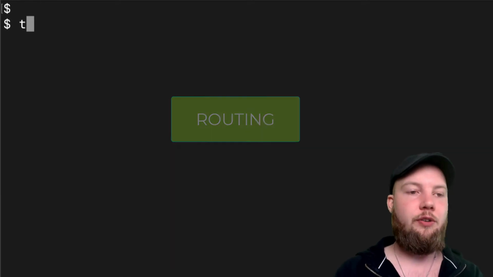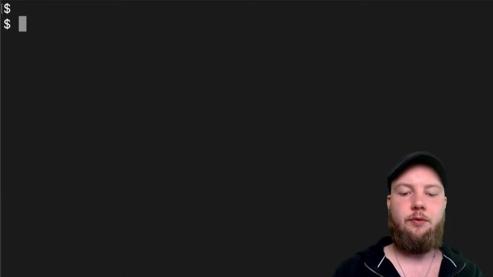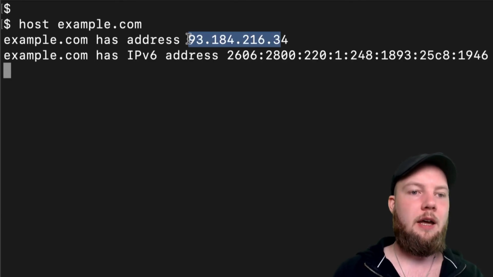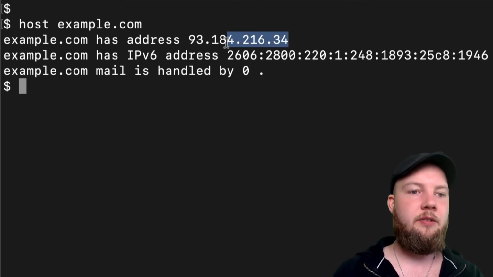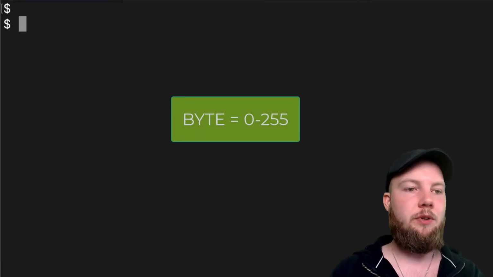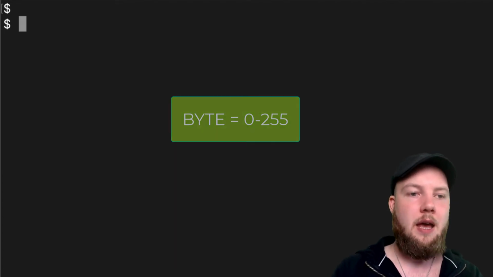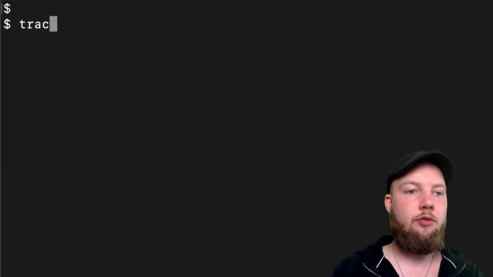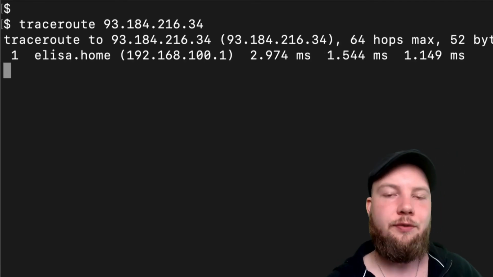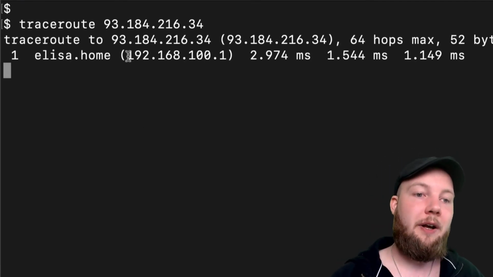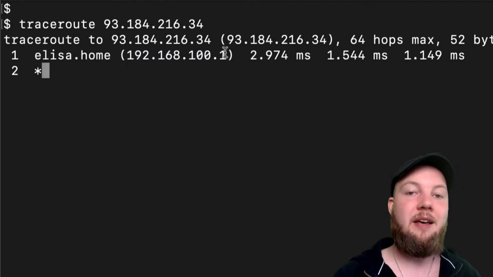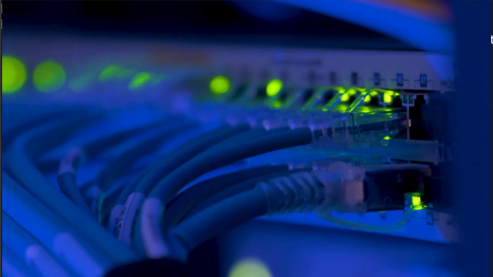And how this works, I can show you. We can have an IP address for example.com, for example, and we can just take this IP address, which is essentially a combination of 4 bytes, with values between 0 and 255, and we run the traceroute command. Now we can see what starts to happen: first I will send an IP packet to my home router, which is my home networking device,